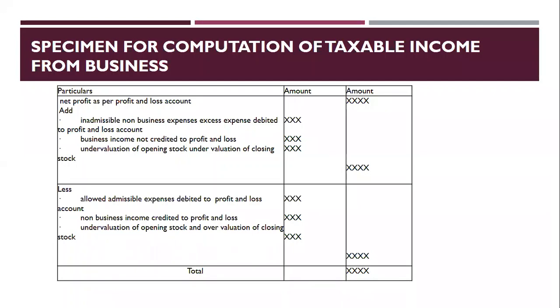Okay, there is a separate specimen we have. Okay, so how can we compute the total taxable income from business? Total taxable income from business. Here, how you can compute is, there is a format, that is net profit as per profit and loss